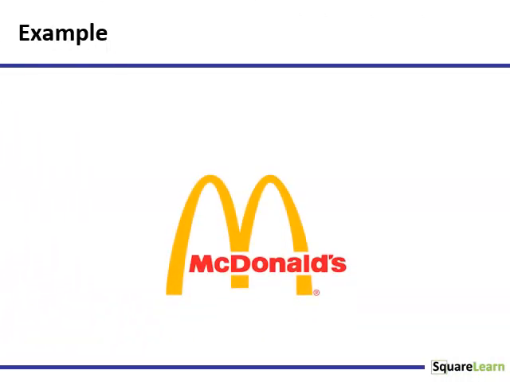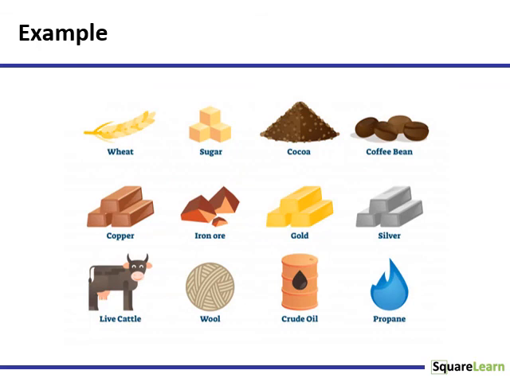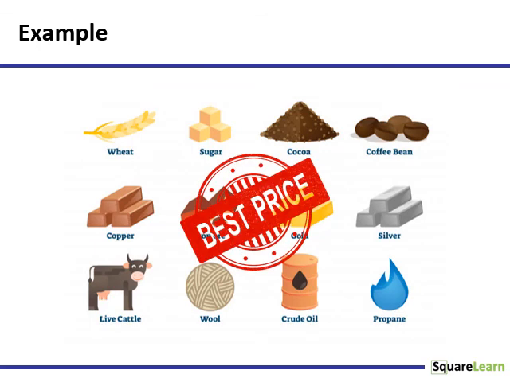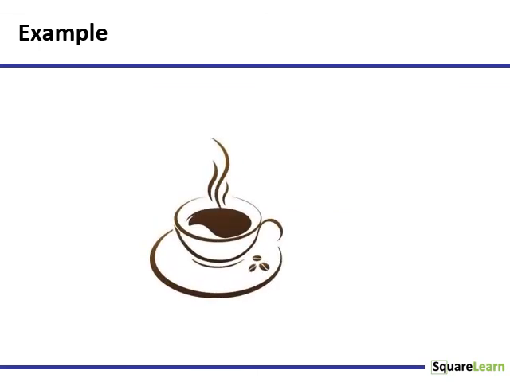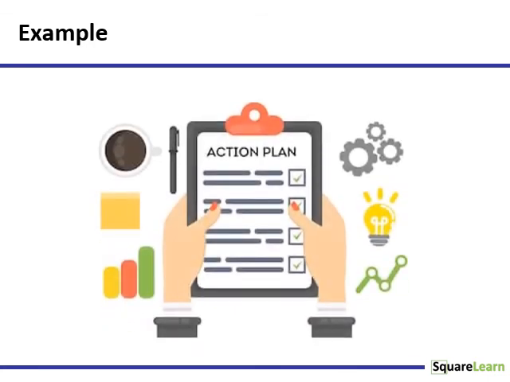In the fast food industry, for example, intensive advertising and promotion are key. In industries providing raw materials to others, price and service are key. In the investigation of the coffee industry, they found price and quality to be the basis of competition. When developing a marketing plan, you may want to try to change the basis of competition to one that favors your firm, but the key underlying competitive factors cannot be ignored.